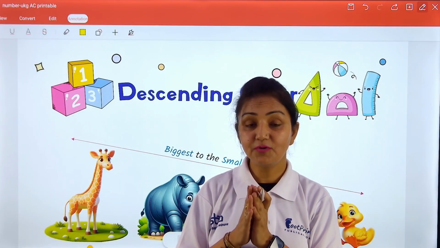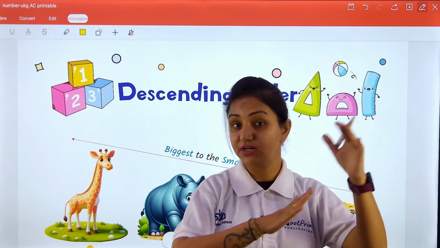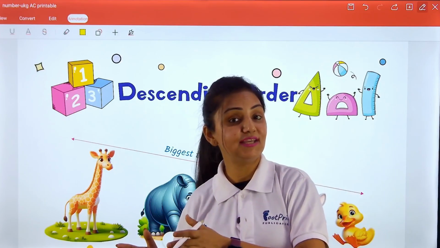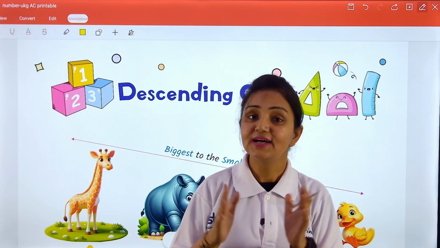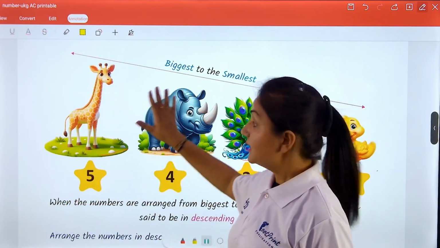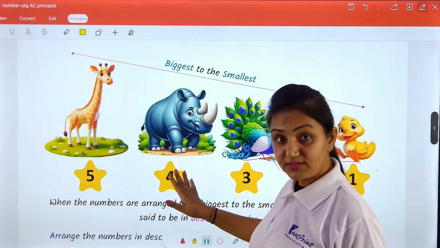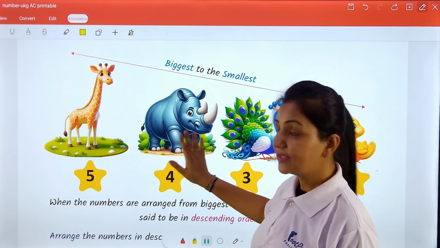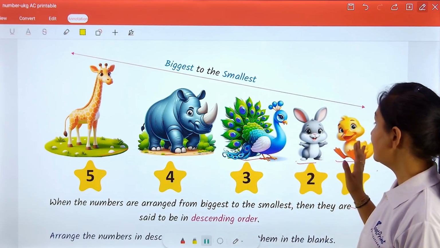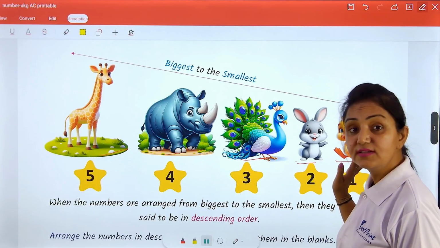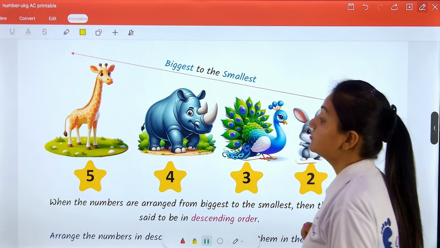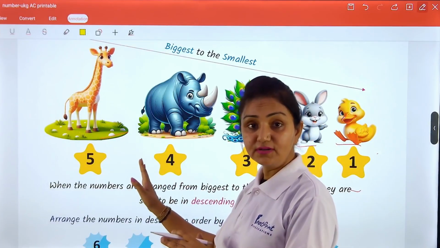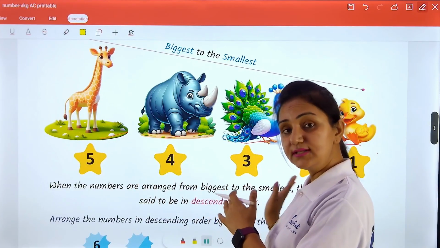स्टेयर्स देखी है ना आप लोगों ने सबने? स्टेयर्स पे हम चढ़ते भी हैं और उतरते भी हैं. मींस जब हम स्टेयर्स से नीचे आएंगे, सो दैट विल बी कॉल्ड अ descending order. First, we need to understand the given picture. In this picture, we are having the big animal, then small, then smaller, and then at next we have the smallest one. ठीक है? तो descending order में हम यही करते हैं. सबसे पहले big number, then small number, then smaller, then smallest.